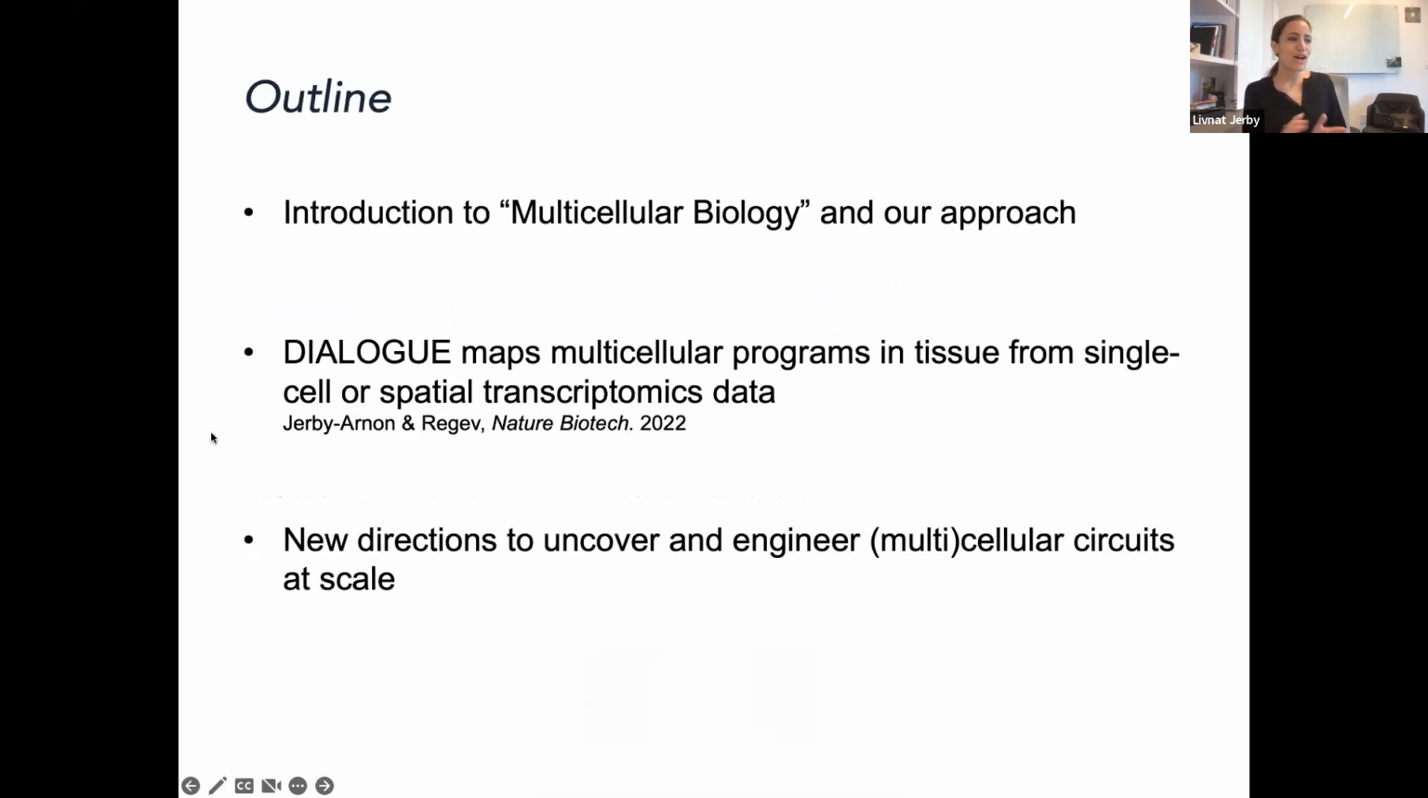Okay, so the talk will have 3 parts. I'm going to start with an introduction to multicellular biology. I don't think there is a subfield that is yet called multicellular biology, but I think there might be a need. Also, looking at the talks that you host in this seminar,